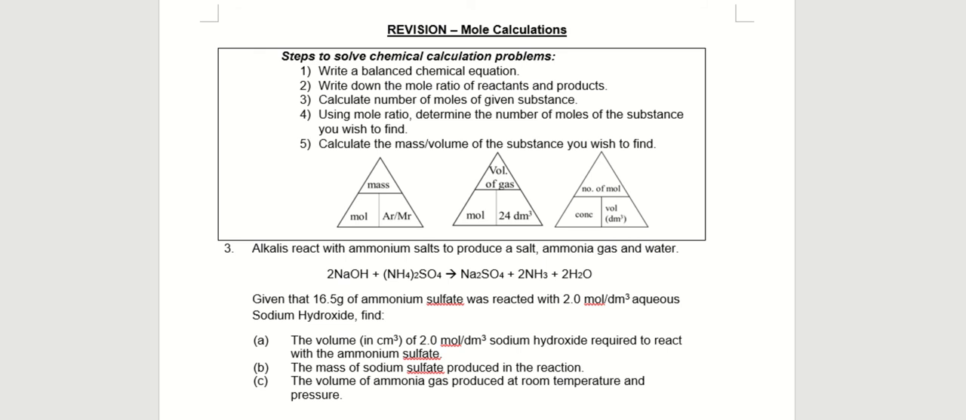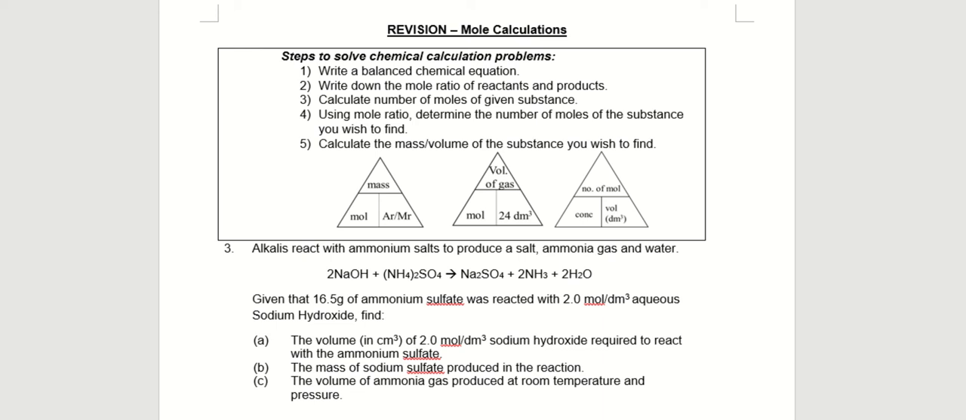Hello and welcome back to our series of videos on chemistry revisions. This is our third video on mole calculations or chemical calculations. You may wish to look at our first two videos where we give you some basic examples of how to do chemical calculations. Okay, so before we start, let us again revise the steps that we need to use